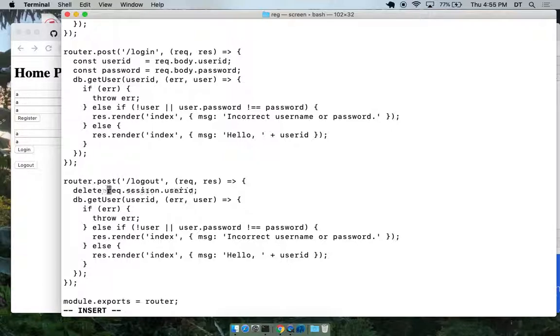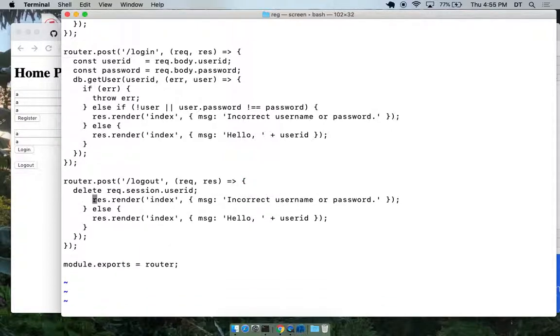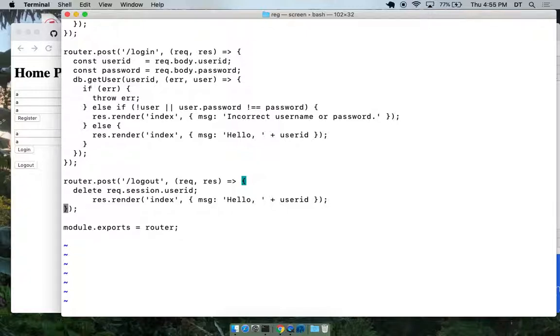We're just going to delete that. We're going to remove that field. That's how you remove a field. So do we redirect or do we just render? I'll just do rendering. We'll just say logged out as a message. Let's try it like that.